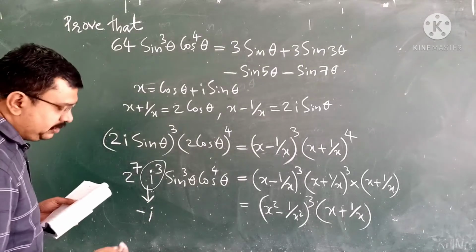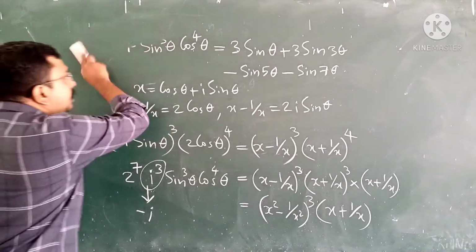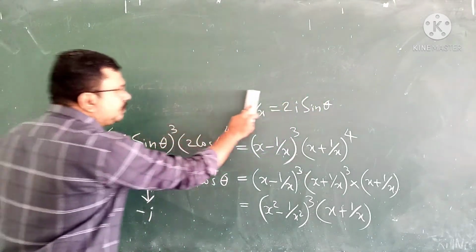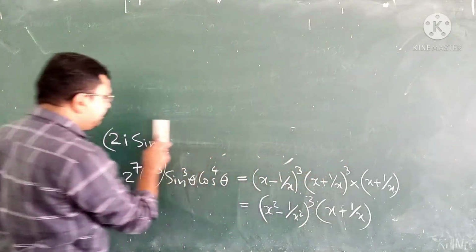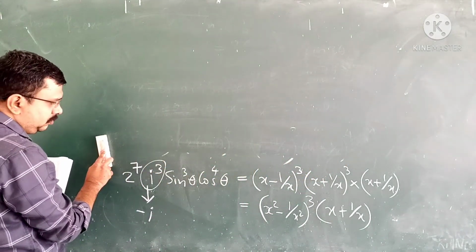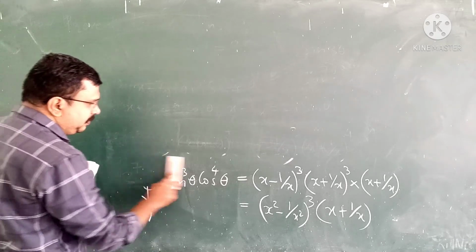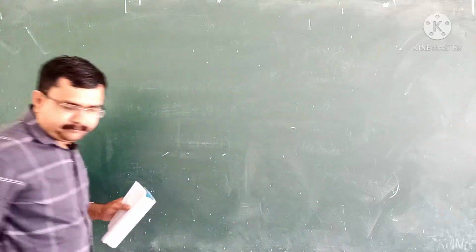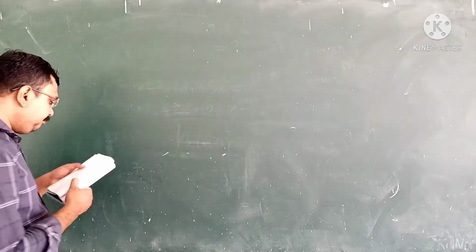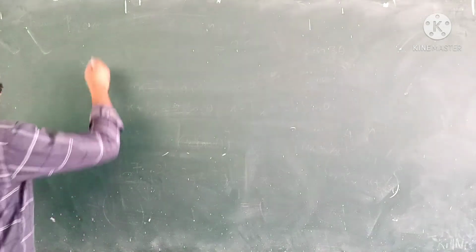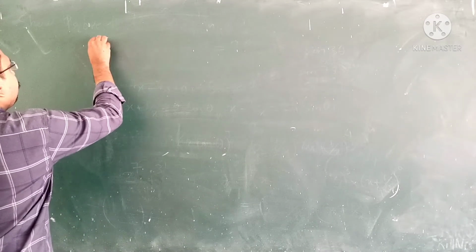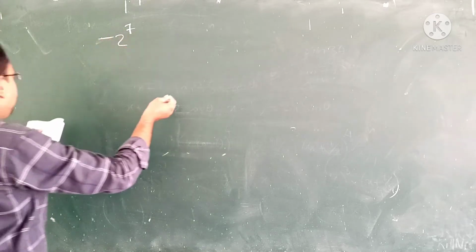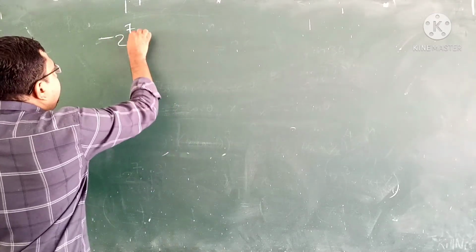Okay, then the next step is, listen, and the next step is minus 2 raised to 7 into i into